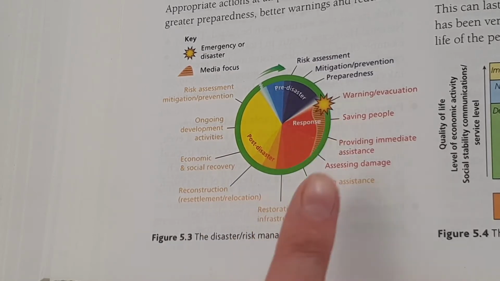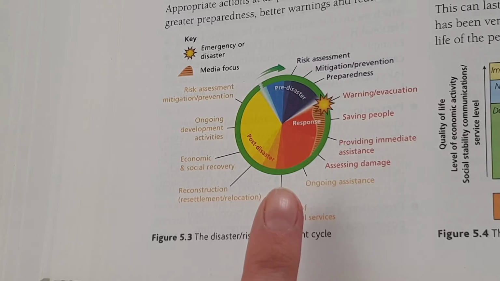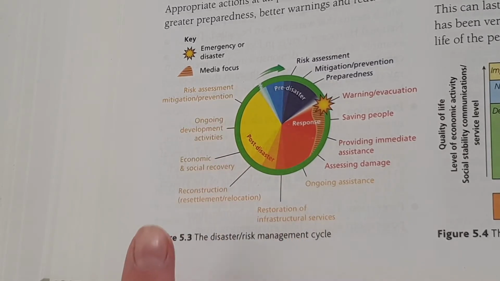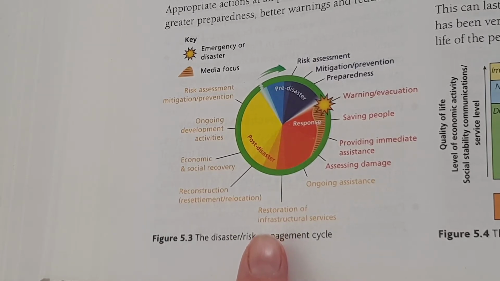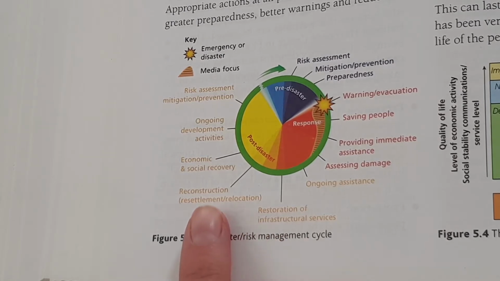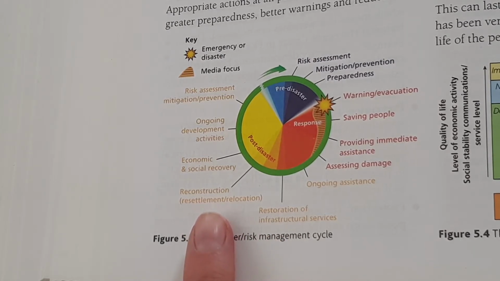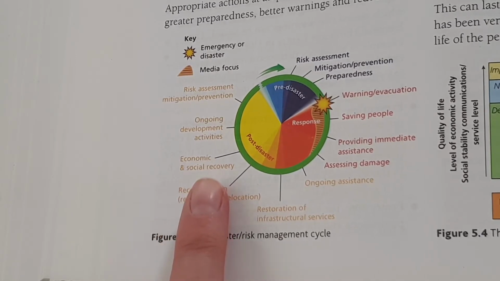So you've done your initial responses, you've saved lives, you've made sure everyone is as safe as they can be. Then you start to rebuild your community back to how it was. So restoration of infrastructural services, so putting up power lines again, repairing roads and bridges, reconstruction, so if houses have come down or roofs have blown off, actually starting to rebuild them, and economic and social recovery, so